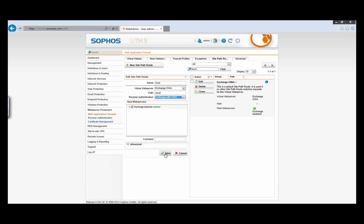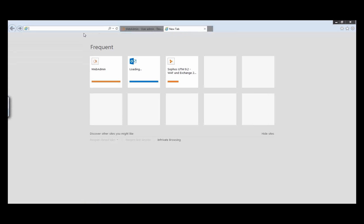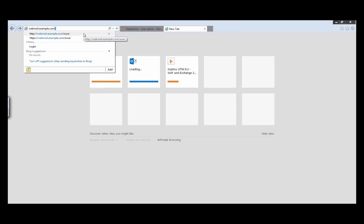That said, I've got the reverse authentication configured. Let's hit save. Let's go to the virtual web server. Let's now enable our Exchange OWA. Let's click our refresh button here. The status changes to a very nice green tick. And let's go for it. So webmail.example.com/OWA/